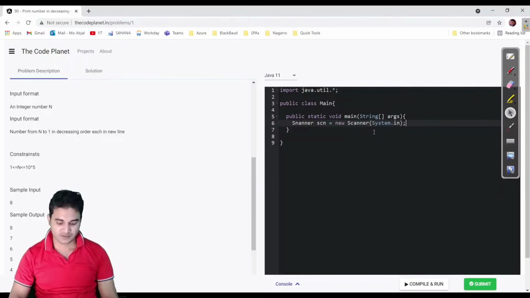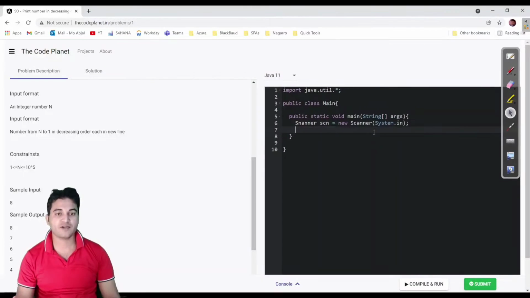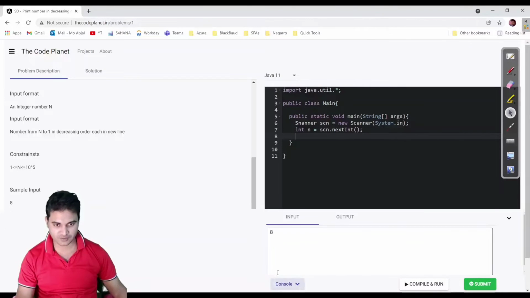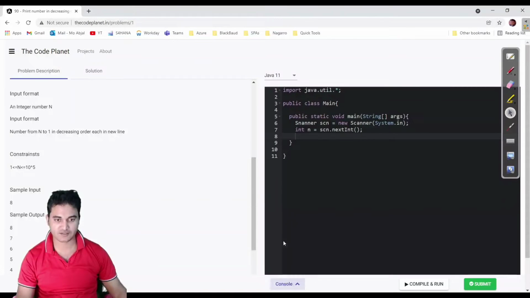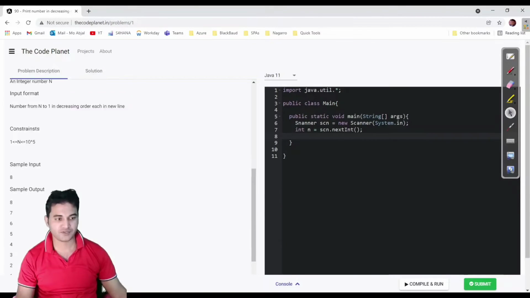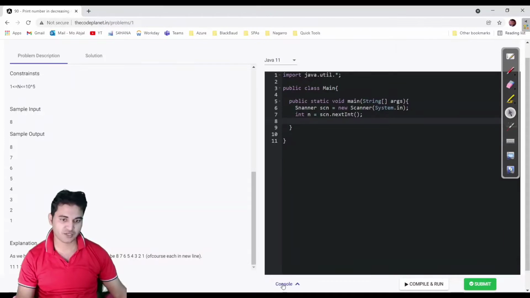I will write the boilerplate code for each Java problem, so that this object is created automatically and every time we do not have to create it. Here we are taking the input as scn.nextInt. Initially the sample test case input is provided to you, which you can see here is 8, and it will be mapped by default to here.